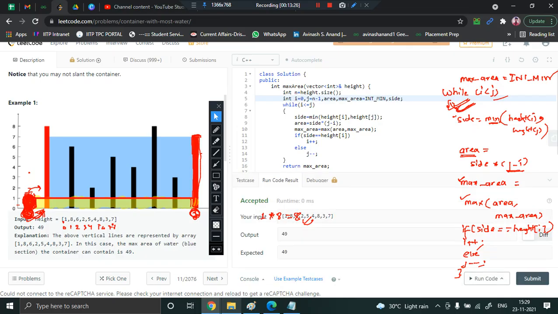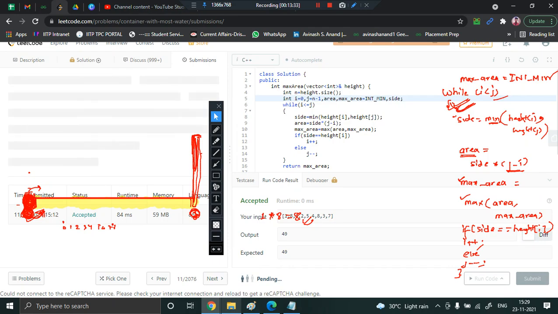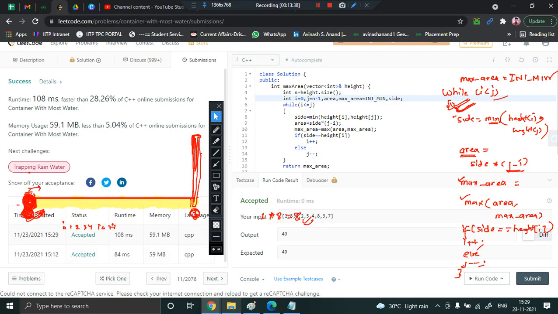Yeah, so here it is working. You can see for this particular input, the output was 49, expected was 49. If you just submit it, it's going to give you the correct answer, right? Yeah, so it is a success. Now what is the working? So if we just discuss the working,